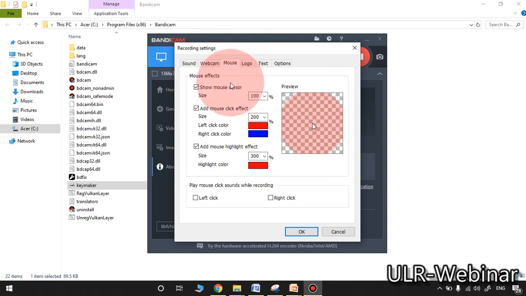Mouse. So please observe, whenever I am explaining the things, whenever I am moving my mouse cursor, you are observing a typical red color dot appearing. This is known as the mouse highlight effect. Generally, the student is supposed to see the highlighted area on your screen. Then you need to enable this particular option. Then they will easily identify where you are focusing whenever you are explaining the things. If you want to show the mouse cursor, check it. Otherwise, the particular small arrow symbol will not appear in the recording.